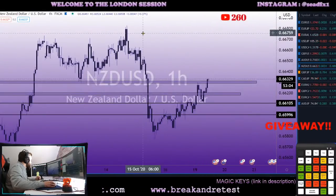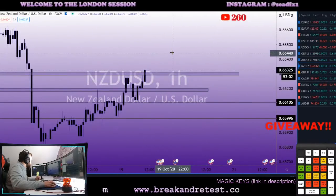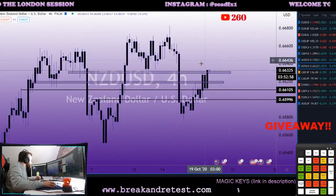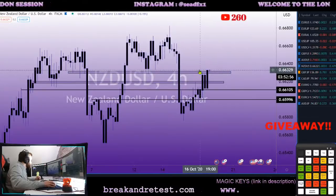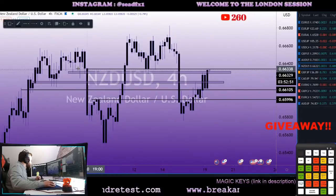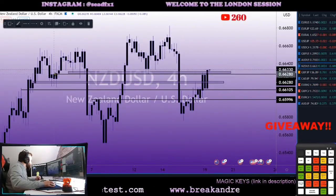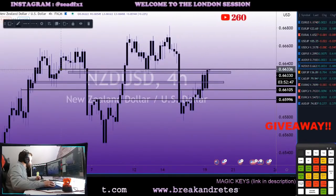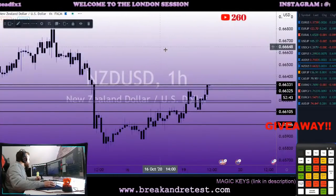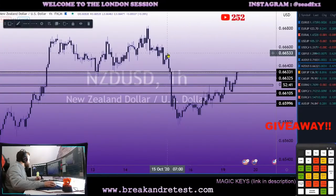NZD US dollar did close above 2. How did this happen? Yeah, I want to take NZD US dollar too. The thing is, it didn't quite close above this, you know, but I don't know. Looks like we're still going to be left waiting for the